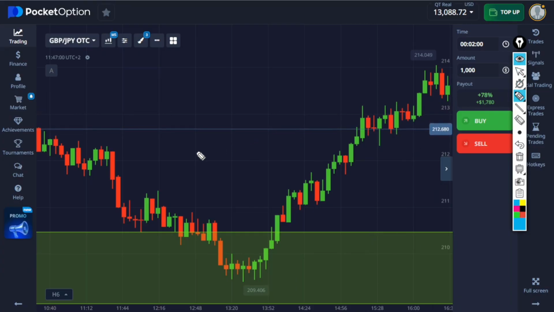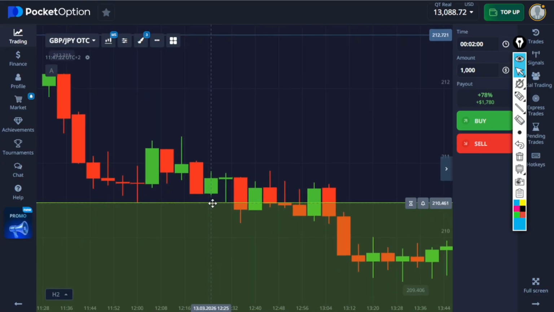Now, if we look over to the left, as you can see, market structure was bearish, dropping into the zone, forming lower lows and lower highs. Okay, and we're looking for a break of structure to the upside, a market structure shift, that change of character, which will be a confirmation to us to go ahead and open a buy position. Now, if I zoom in here real quick,